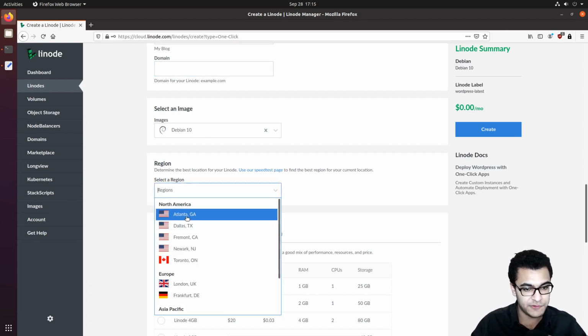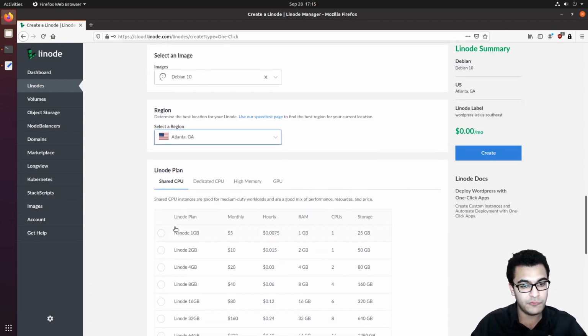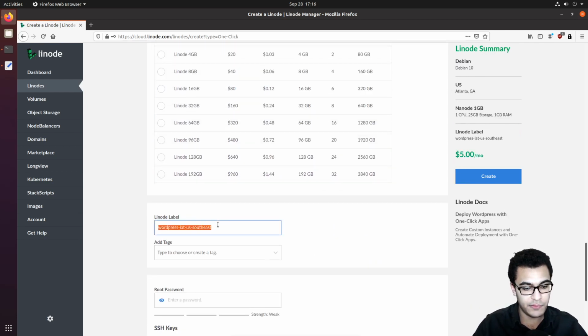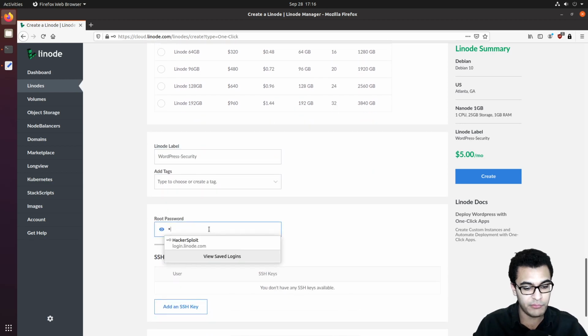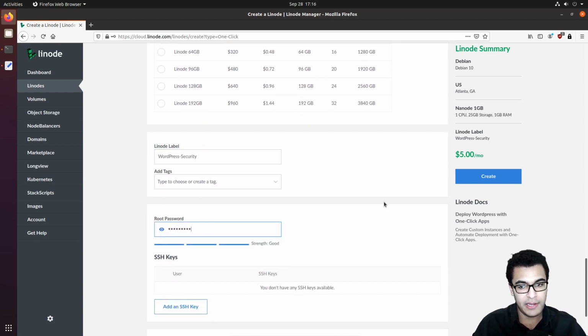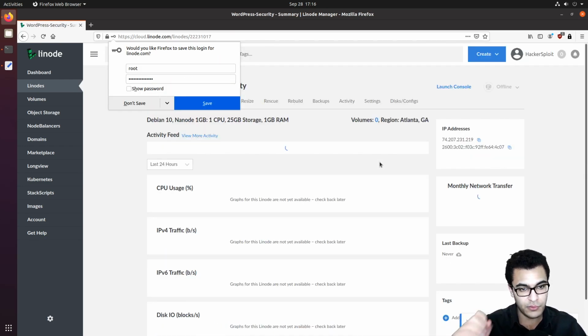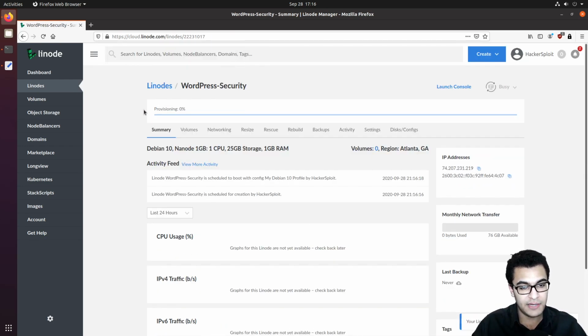For the region, we'll just use Atlanta. And for the Linode plan, we'll use a Nanode 1 GB 1 CPU. The WordPress label, we'll just call it WordPress security right over here. And I'll put in my root password for the server, and we'll just create and provision this Linode. So I'll just wait for this to complete creating, after which we can actually get started with the necessary steps